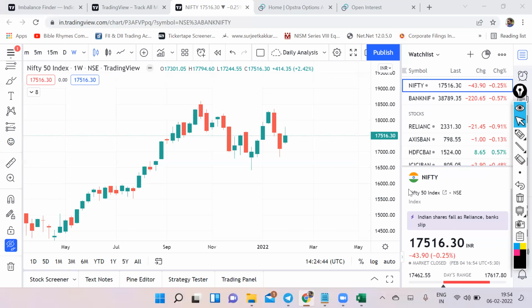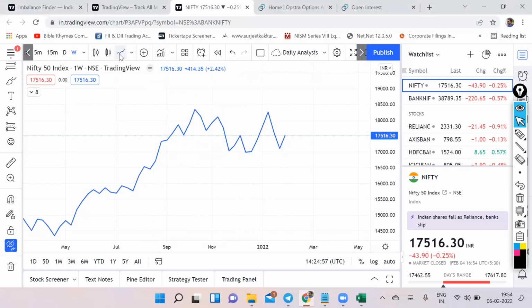So let's first quickly discuss Nifty. This is the weekly chart. What we usually do is we try to find out any chart pattern if we can see. To find out any chart pattern, it becomes easier on a line chart. If you look at the line chart, what I can see at the moment is we have a